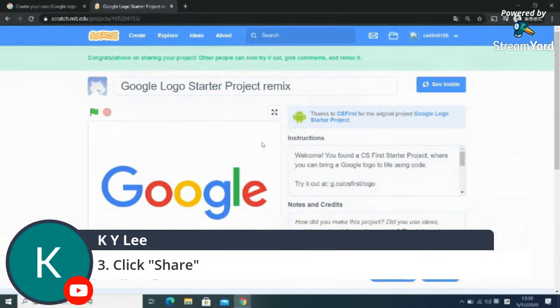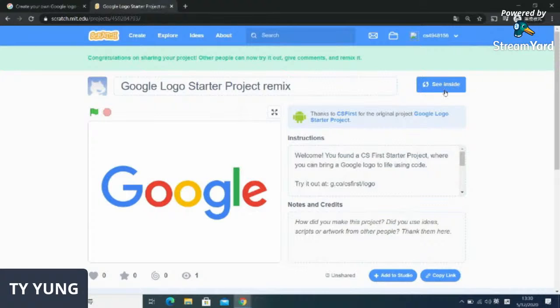And when you update the project, for example, you do some new coding today, you put more blocks to it today, you don't have to click it every time. So once you share, it's like forever. Share once, forever, okay? So after you share, you can go back to the Scratch platform to do the coding. So you can click see inside here, see inside to go back to the coding platform, see inside,